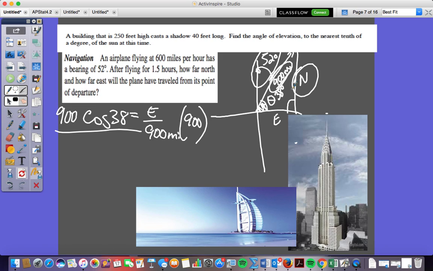So the change would be like your X. The change would be like your slope. So really what you're looking